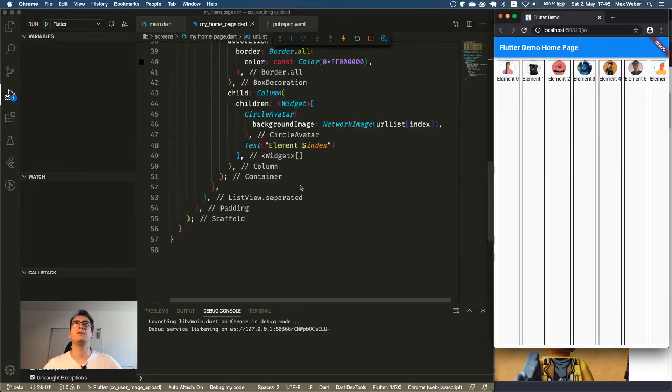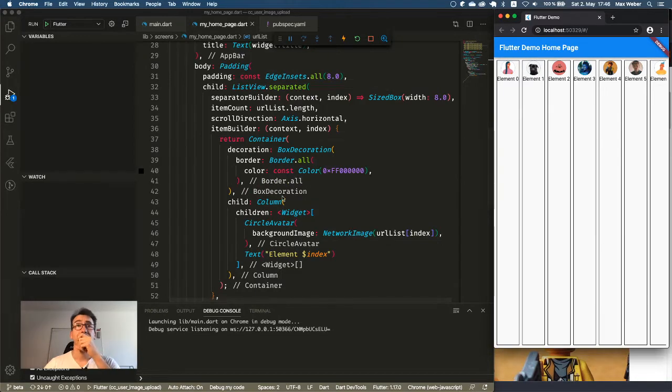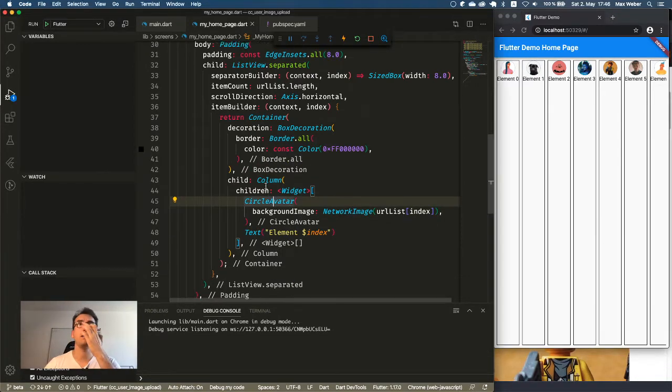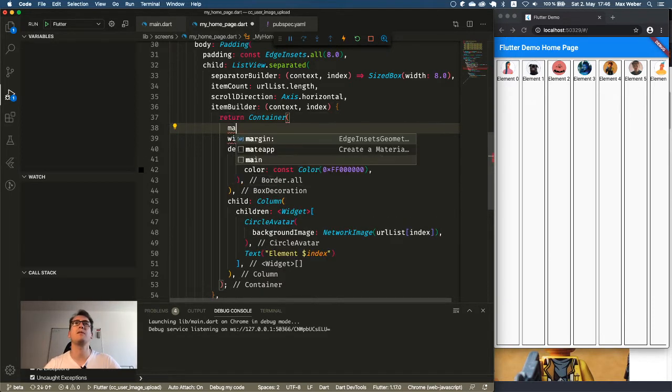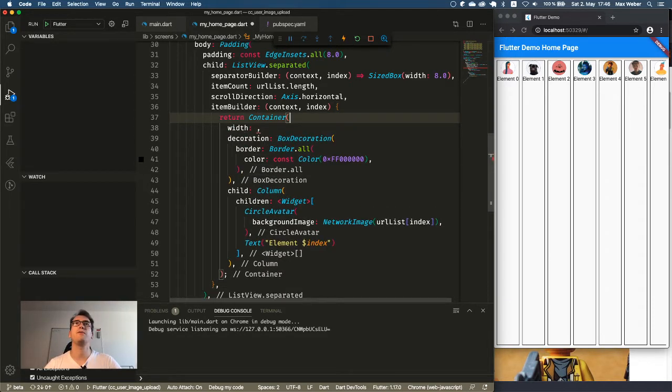So what I want to do is we create down here the circle avatar column. Where are we? That is our container. And what I want to do is we give the container a specific width, I think. Can we give it a max width? No. I think for that we need to use a box constraint.